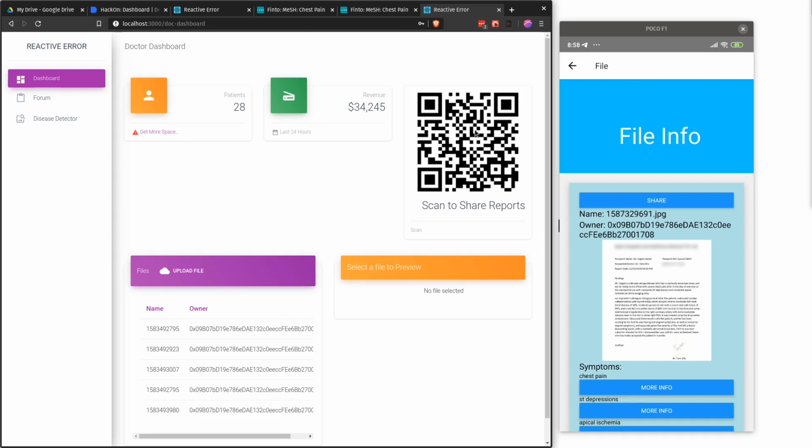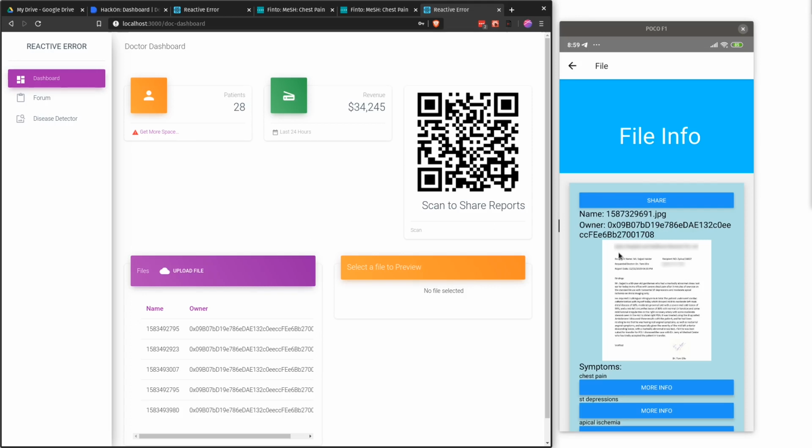The way we are storing the reports is that a random key is generated at our server. After the random key is generated, we use that key to AES encrypt the file itself. Then the key is encrypted with a salt which is present only on our server. The encrypted version of that key is stored in a blockchain, which also has a data structure which stores all the users who have access to that particular file.